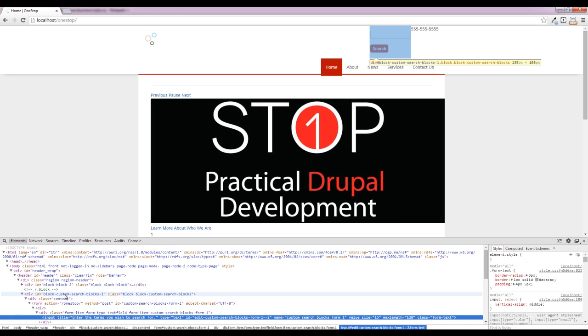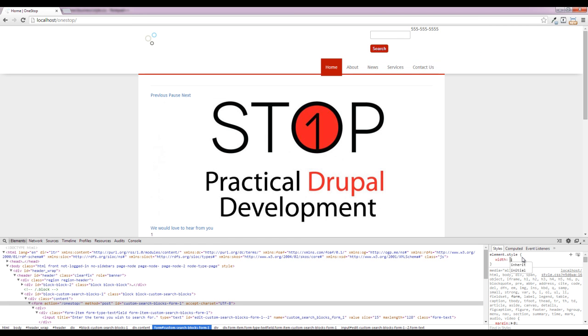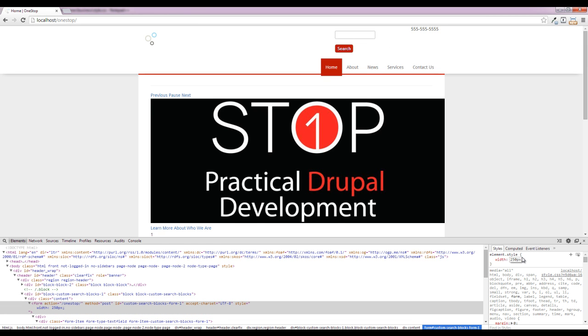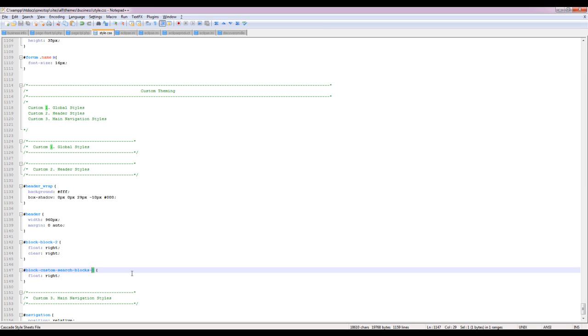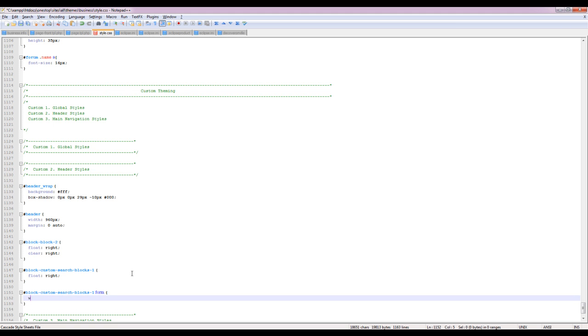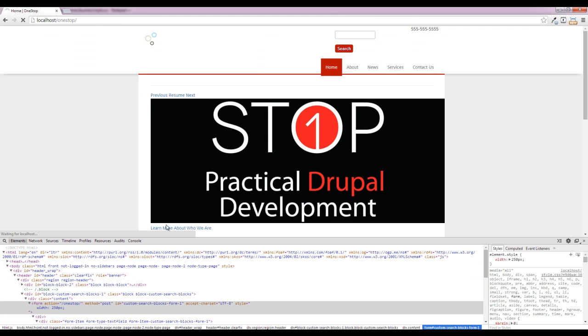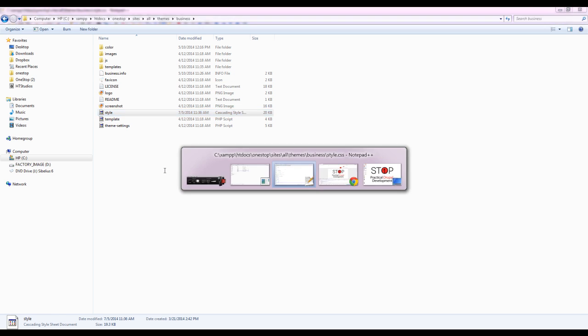And you can see that if we come in here to the form, we can set a width on the form of, this is going to be too much probably right now, of 250 pixels. And that's probably going to be a bit much, but it's a good place to start, and then we can always back it up from there. So we're going to copy this that is the main block container, and we're going to do form, and we're copying that top level because we really don't want to grab every form that we created on this website. Otherwise our contact page would only be about 250 pixels,